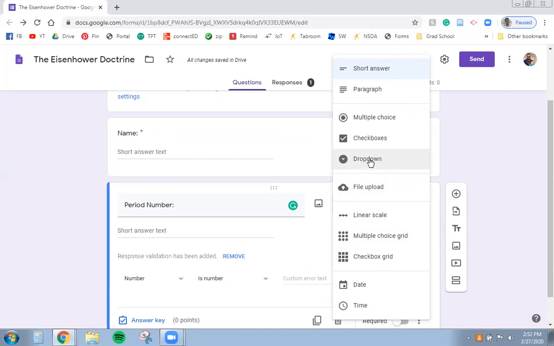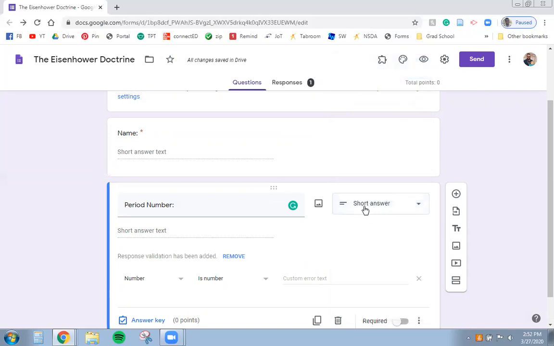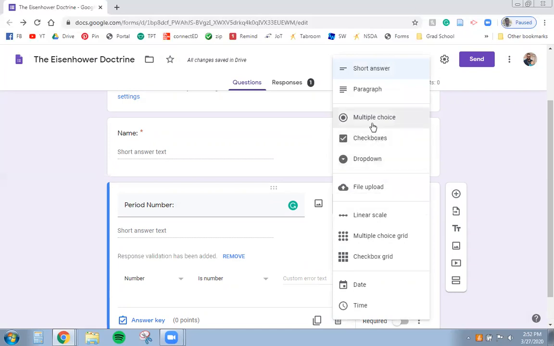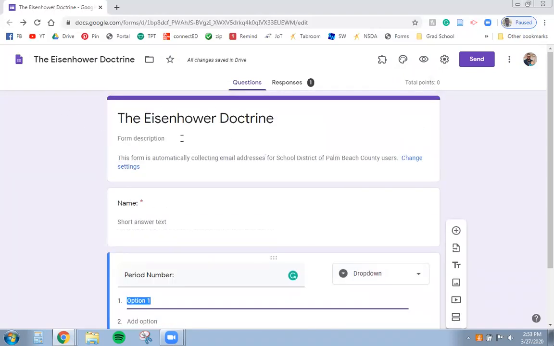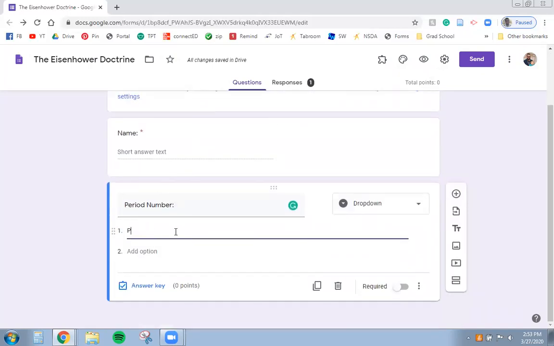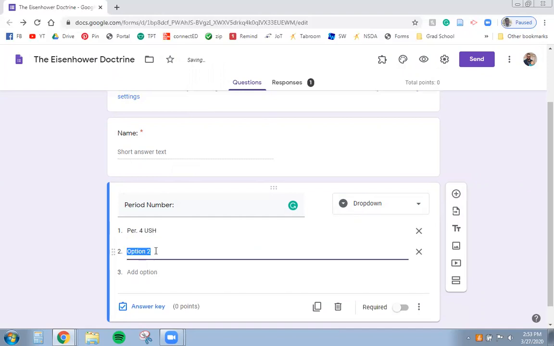And so I like to use the drop-down menu feature for this, right? So over here where it says short answer, you can go to multiple choice, check boxes, paragraphs, all different types of question types, linear scale if you're doing like a survey, right? But we're going to go down to drop-down menu, right? And I'm only going to give them 2 options. Now, this is the Eisenhower Doctrine worksheet, so this is my US history class. I only have 2 US history classes this year, right? So I'm going to put in period 4 US history, and I'm going to put in period 7 US history,